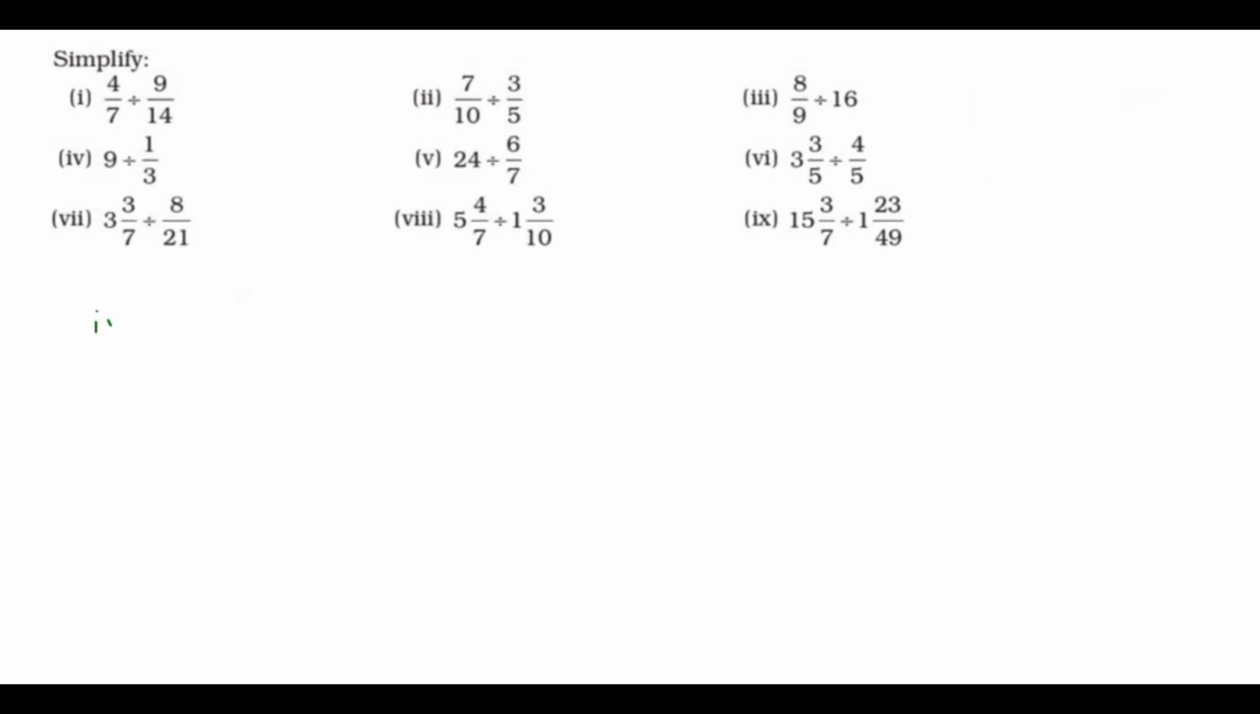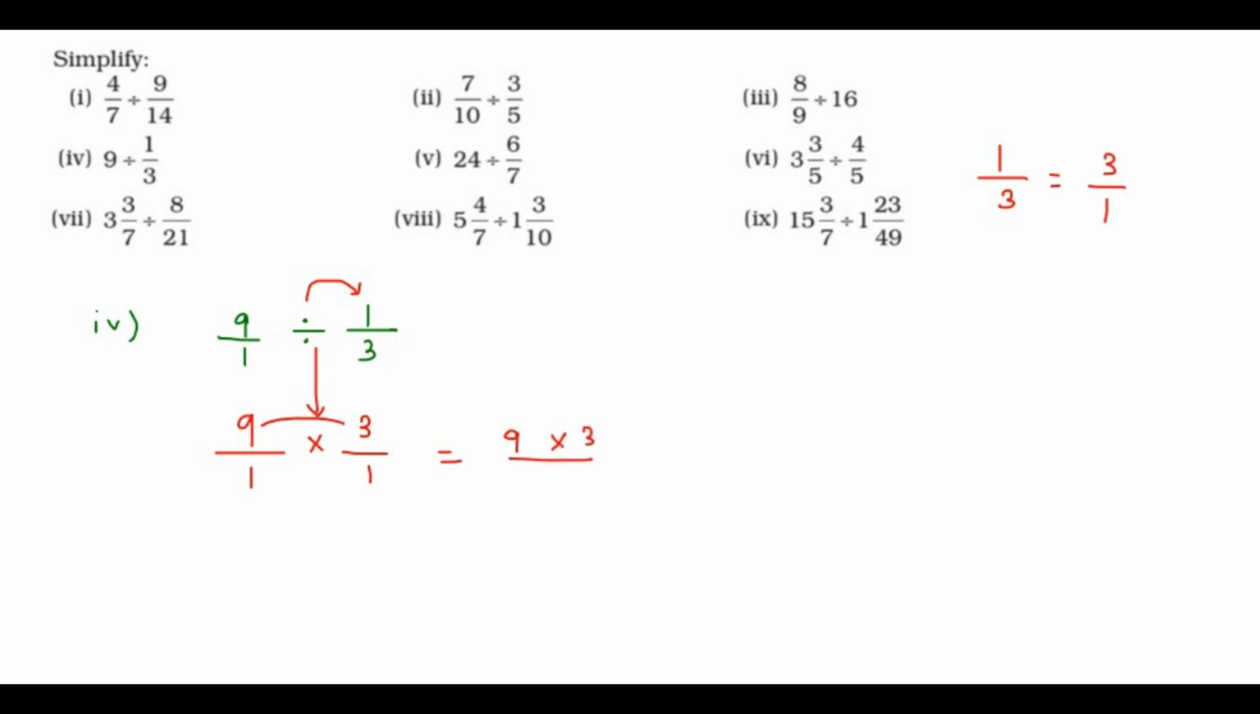Fourth example, 9 divided by 1/3. Now here 9 is a whole number. Place 1 in its denominator to make the question easy: 9/1. Convert the division sign to multiplication and take the reciprocal of the fraction which comes after division. Reciprocal of 1/3 will be 3/1. So I write 3 here, 1 here. 1/3 becomes 3/1. Multiply the numerator 9 into 3